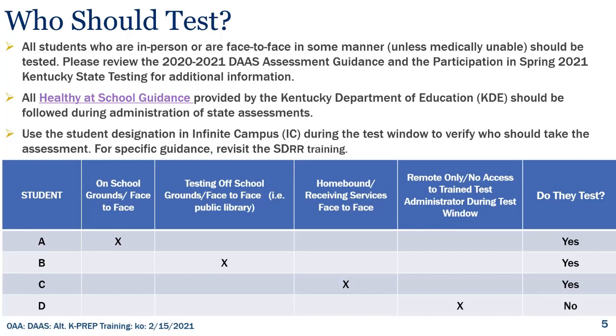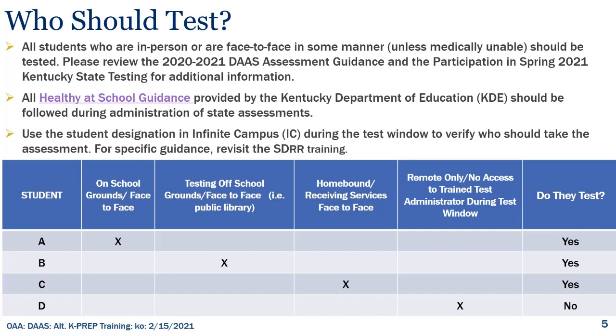Student B shows an example of testing in person for the alternate K-Prep off school grounds, where a trained or certified staff or test administrator will administer the assessment to them. This can include, but is not limited to, maybe the public library, the community center, or maybe even at home if they are homebound but still receiving homebound services by a certified test administrator that you see represented here